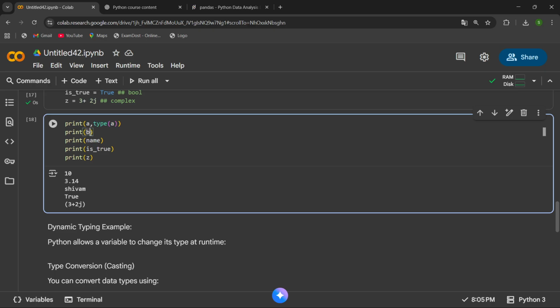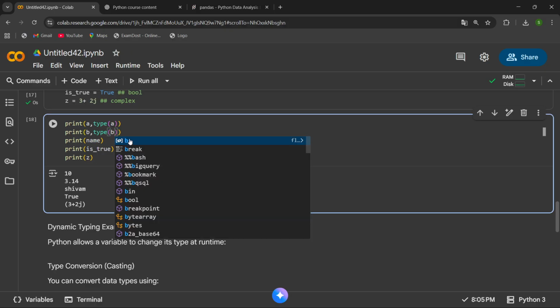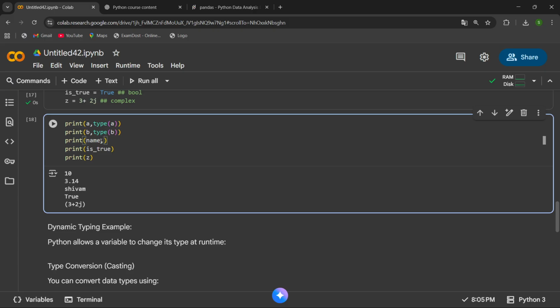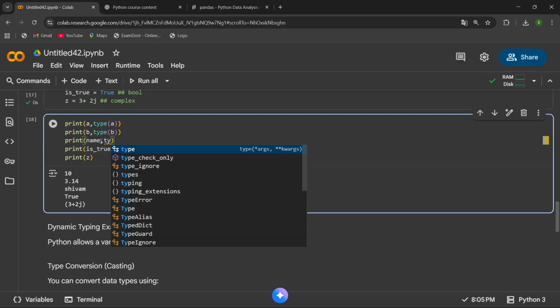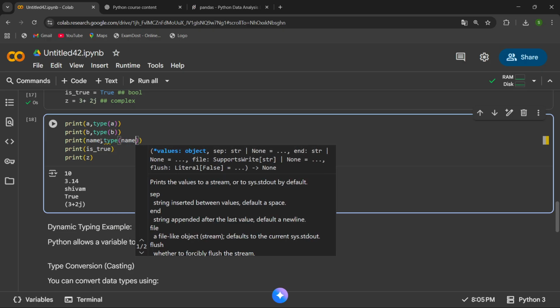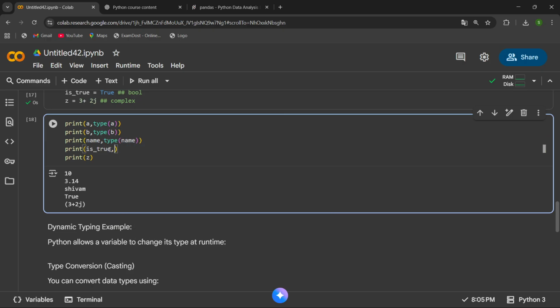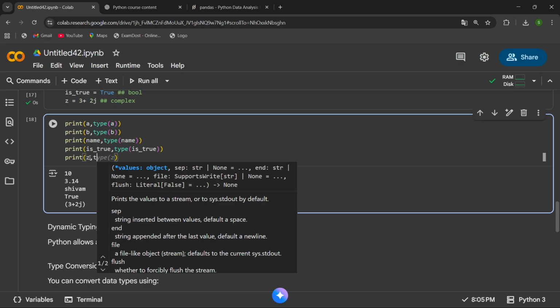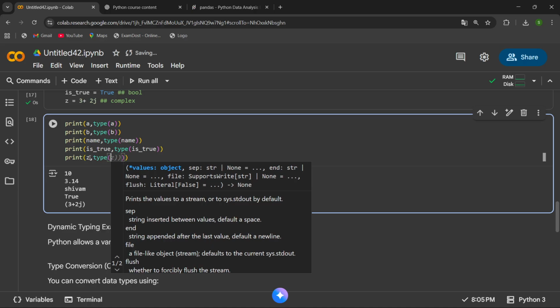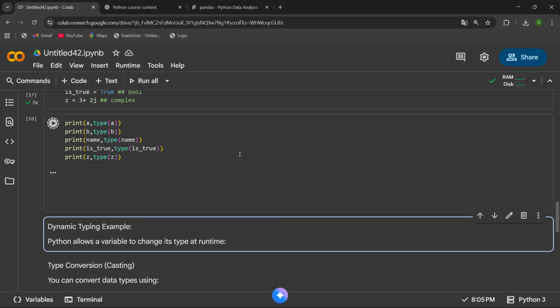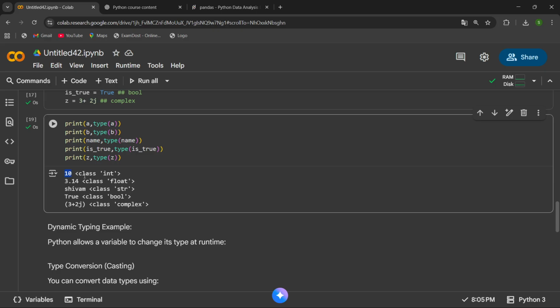Okay, so I can use type of b, I can use type of name. Similarly, I can use type of is true here, and then I can use type of z here. Now if you print it, you are having 10 and it is in class,